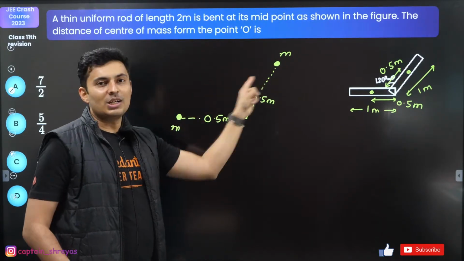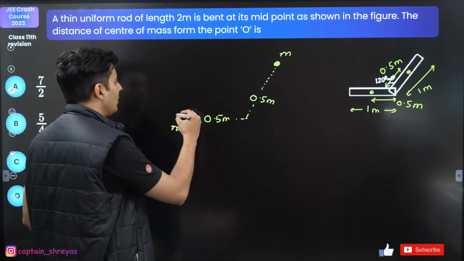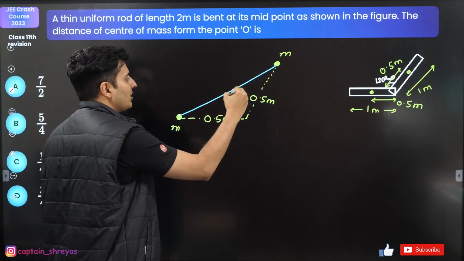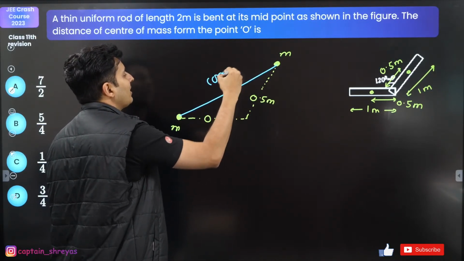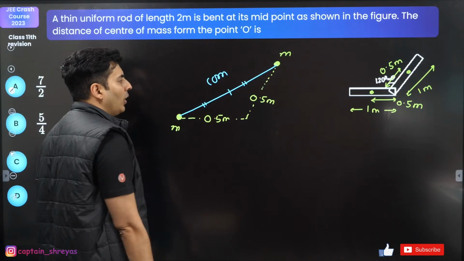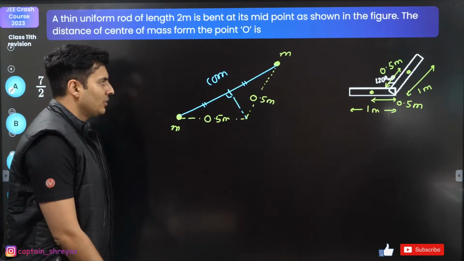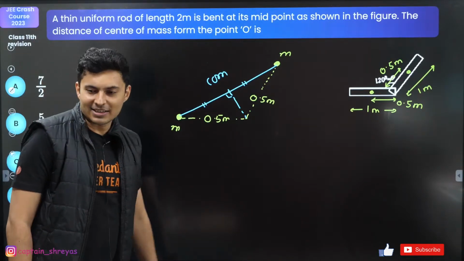Now find the center of mass of these 2 point masses. So it will be on the line joining these 2 masses. Obviously the masses are equal, so the center of mass will be on the exact midpoint. So you can just drop a perpendicular bisector. That's it over there. It's a perpendicular bisector. Everyone with me?